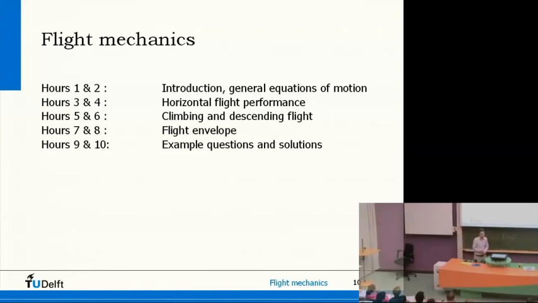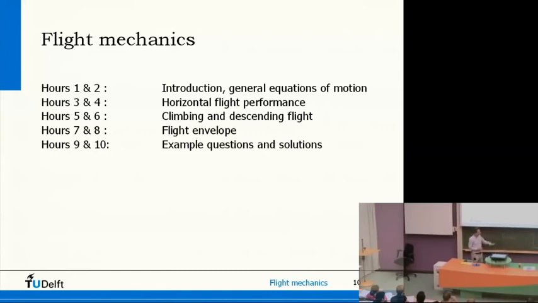And finally, fourth lecture is the flight envelope. And the flight envelope is basically a diagram which more or less looks like this, with altitude and airspeed, and there will be some region in this flight envelope where a certain aircraft can fly. So there will be maximum speed limits, maximum altitude, minimum speed limits. And within that region you can fly, and that's really important to the person that's operating the aircraft, because then you know what you can do with your aircraft. So this really tells you what the aircraft is able to do.